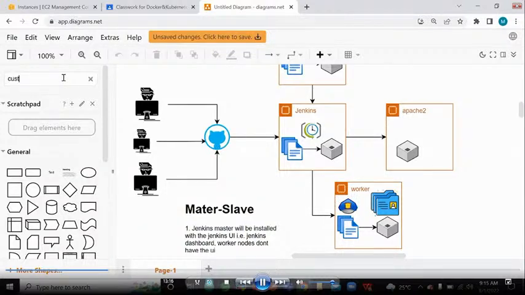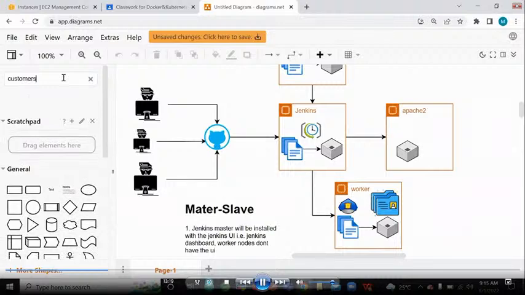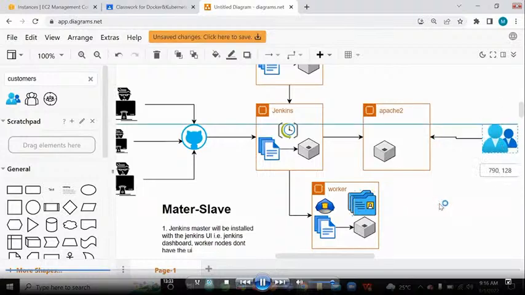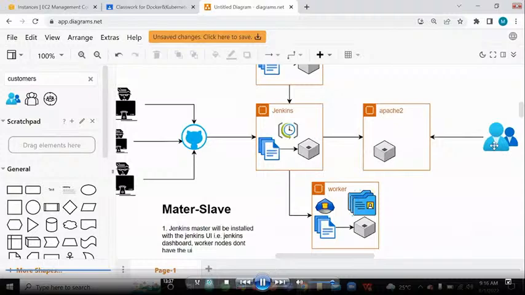Finally, the customers will use the application from where? The customers will use the application from the server, or assume from the Play Store the customers are using this application, right? This application is not up to the desired state now, having a lot of issues. Then who will be responsible for taking those issues? DevOps engineers are the responsible persons to take those issues, and the DevOps engineers will mitigate those issues,